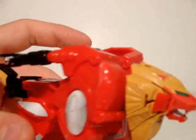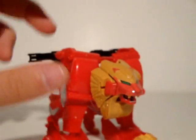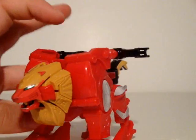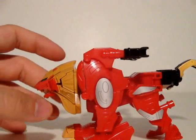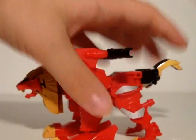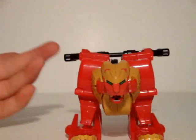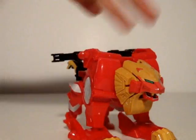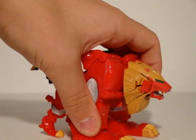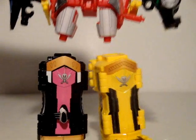Now, being made of two sets, it was the head and the two legs, and then the back section in these. So yeah, if you don't get both boxes, you'll only have half of a Gala Lion. Luckily, they've been packing even numbers of boxes lately. But yeah, there is Gala Lion. I mean, there's not much you can say about him. He's just kind of Gala Lion. Anyways,